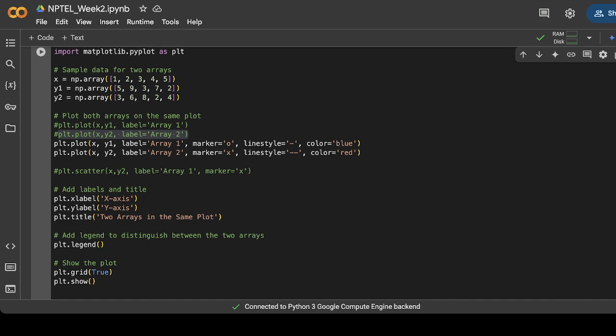So for that, what we will do is add a few things inside this plt.plot. So inside this plt.plot, now I have written x, y1, label equal to array 1, and label equal to array 2. Inside the label, whatever I write, it will take for that data. For the blue, so now it is writing as